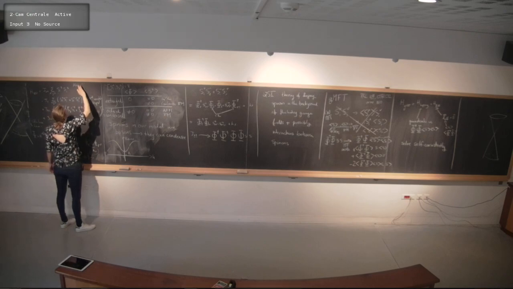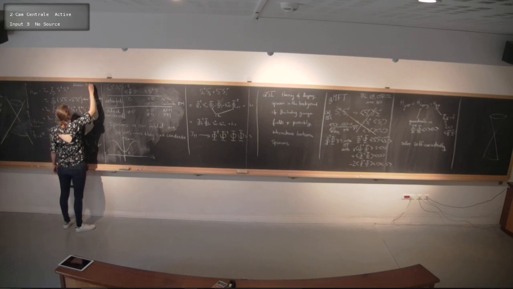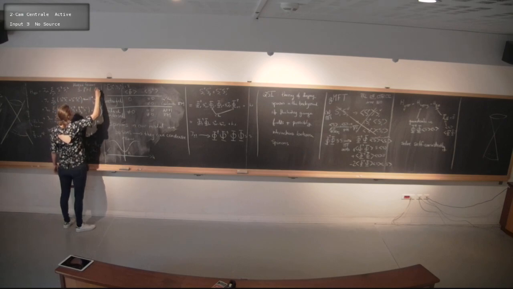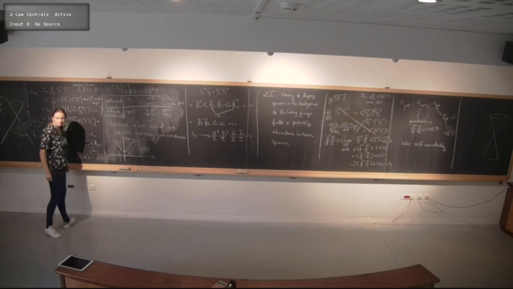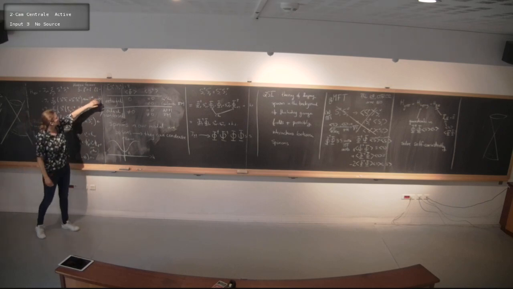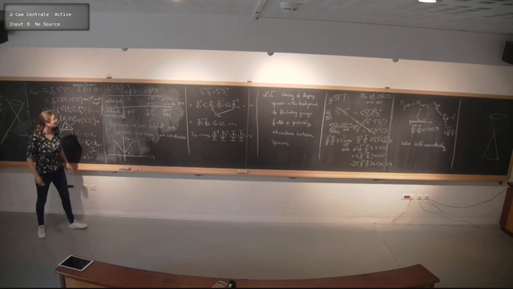With Abrikosov fermions, you write the spin as F dagger sigma F, and you have the constraint that F dagger F should be equal to 1. And if you take them to be fermions, you actually also get